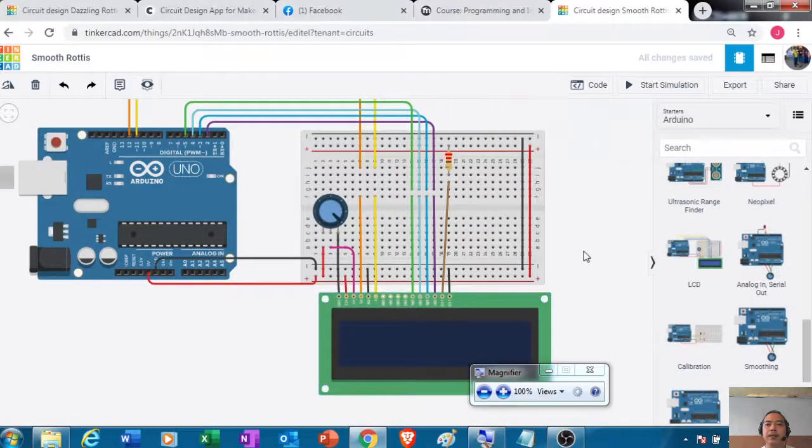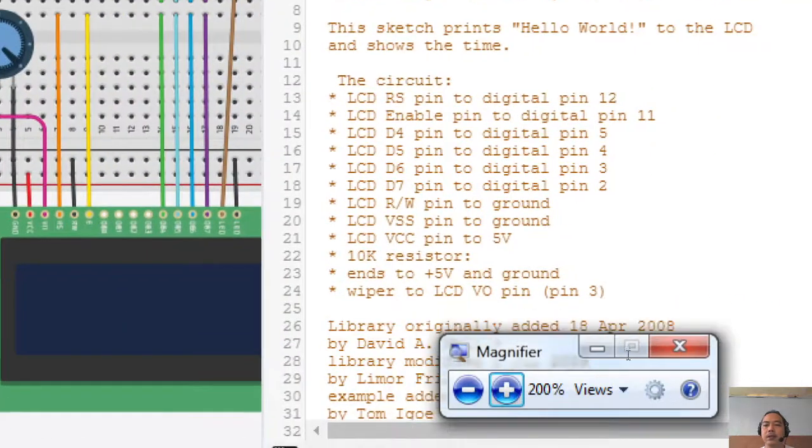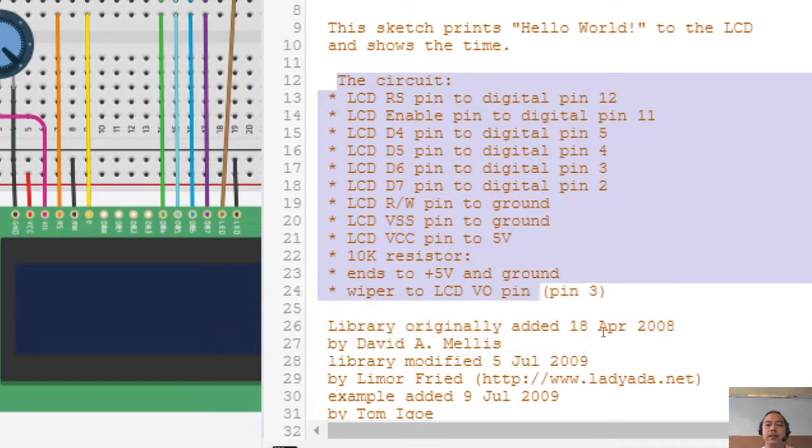Okay, so in terms of connections, you can also refer to the code. Here, these are the different connections of the circuit. So just simply follow and connect,